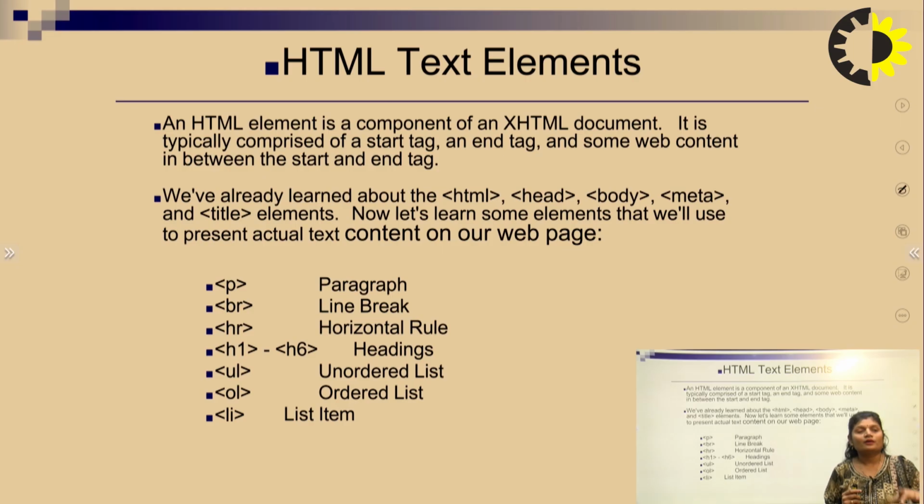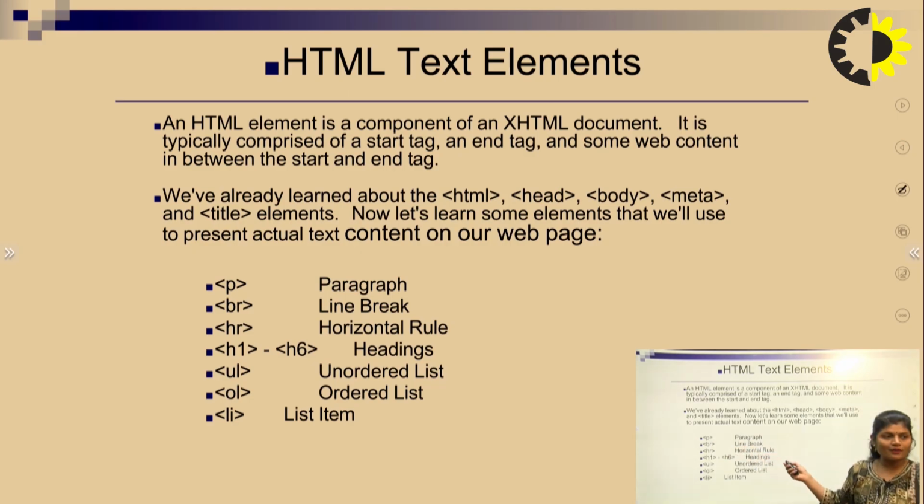Okay. We discussed what HTML is, hypertext markup language. Okay. The starting tag. After that, the head section, in which all the behind-the-scenes information is kept. Then the body, the actual content part. So in a body tag, we use these types of text elements: P, B, R, H, R. So I will describe here what the P tag is.